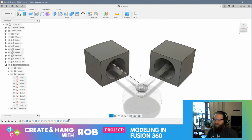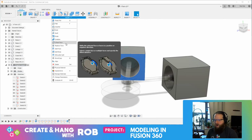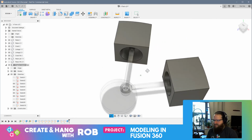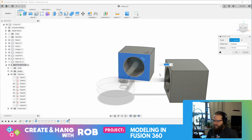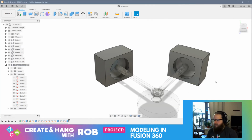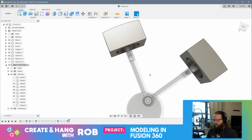You know, I feel like I may also want to taper this. So if I modify this and I offset the face... No, that's not it. There's another way I could do this. I feel like I want to maybe taper this down a little bit. I feel like maybe what we should do is bring this down like negative 80. Let's try this. I have an idea. Negative 80. All right. And then maybe what I can do... Yeah, I think what we need to do is taper this down